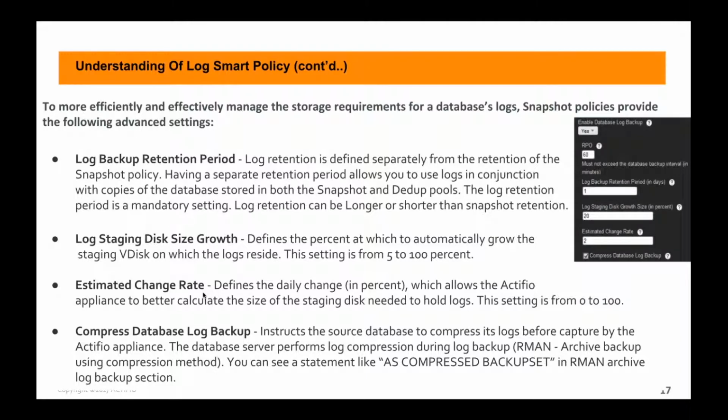Personally, if you think that you are generating more archive logs and the log staging disk might fill up, you can compress. This is another setting we are giving: compressed database log backup. If you choose this in the SLA advanced settings, with compressed database log backup checked,